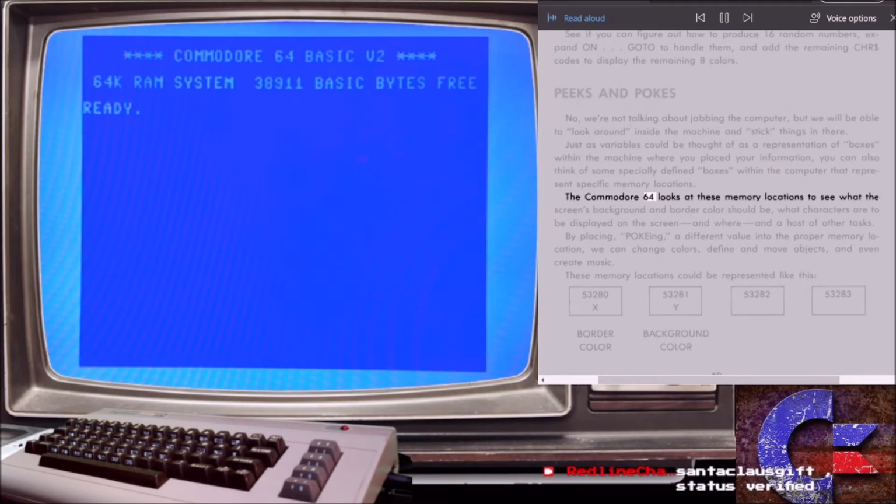The Commodore 64 looks at these memory locations to see what the screen's background and border color should be, what characters are to be displayed on the screen, and where, and a host of other tasks. By placing, poking, a different value into the proper memory location, we can change colors, define and move objects, and even create music. These memory locations could be represented like this: